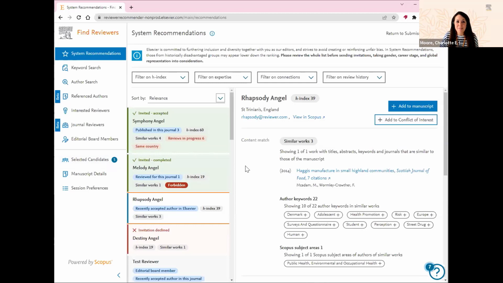Okay, so we've had a little look around the system. I'd like to talk now about conflict of interest. Find Reviewers gives you transparency and control over the conflict of interest settings that are being used and applied. And there are some differences between the search options and how the conflict of interest works. So I want to talk about that, and then I want to show you how to access the conflict of interest settings. The section we're looking at the moment, system recommendations,